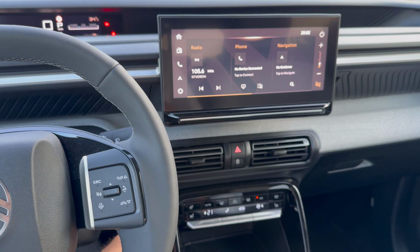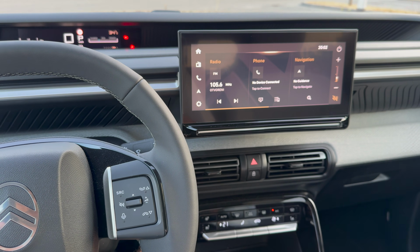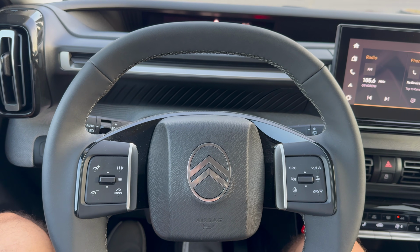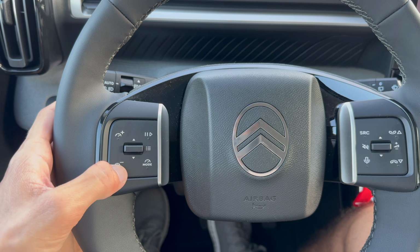So I see a lot of people buying the base trim in the C3. Just go for the middle trim. It's just a small price difference. Really, you get more value for money. Now, I love the steering wheel we have here. Increase the speed,